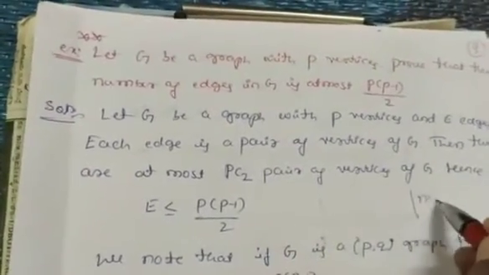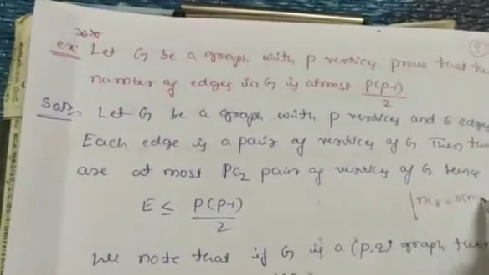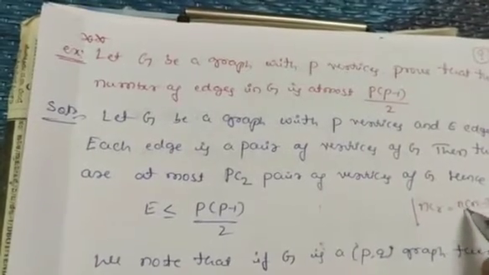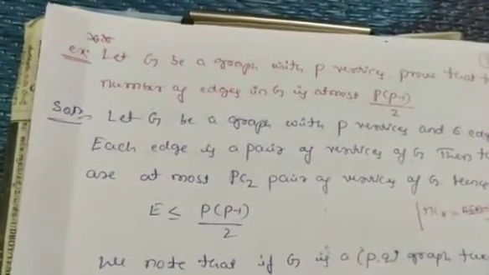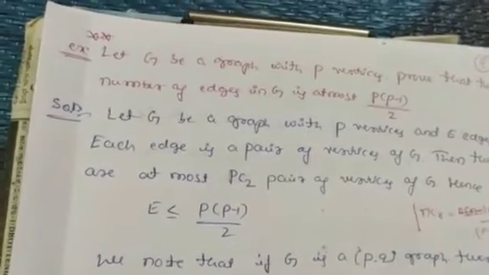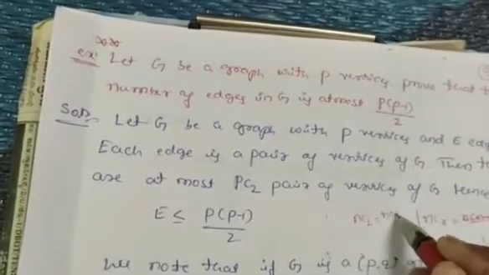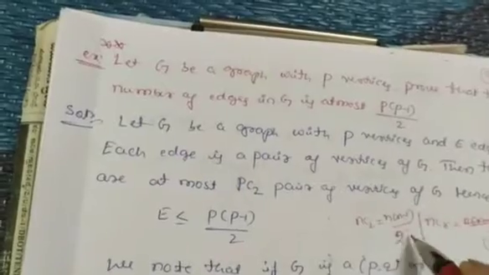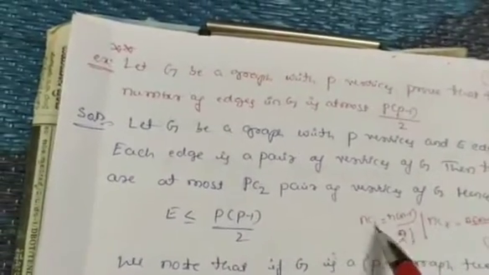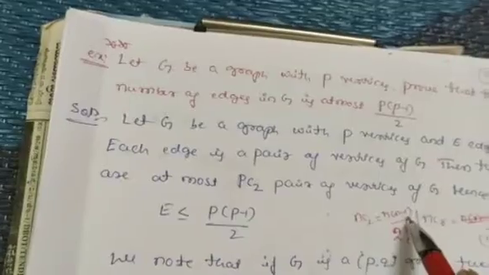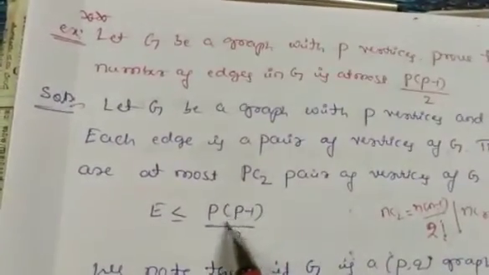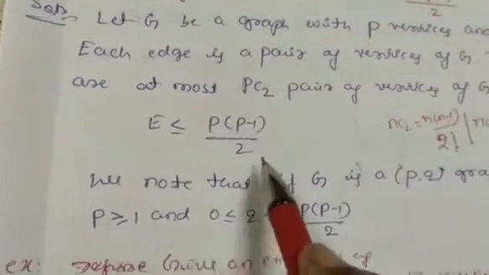We know nCr is equal to n factorial divided by n minus r factorial into r factorial. But in short form, nC2 is equal to n into n minus 1 divided by 2 factorial. nC2 means start with n, reduce it by 1 and divide by factorial 2. So pC2 means p into p minus 1 divided by factorial 2, which is nothing but 2.